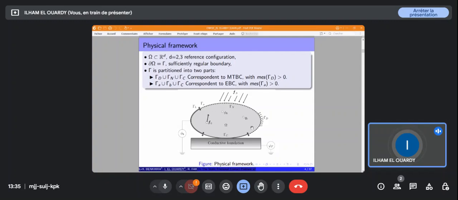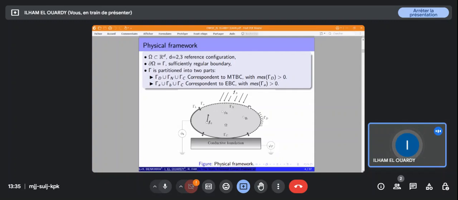So we consider a thermopiezoelectric body occupying, in its reference configuration, an open and bounded domain omega, which is a subset of R^d with a regular boundary noted gamma. The boundary gamma has two partitions. The first one is divided into three disjoint measurable parts corresponding to the thermal and the mechanical conditions,